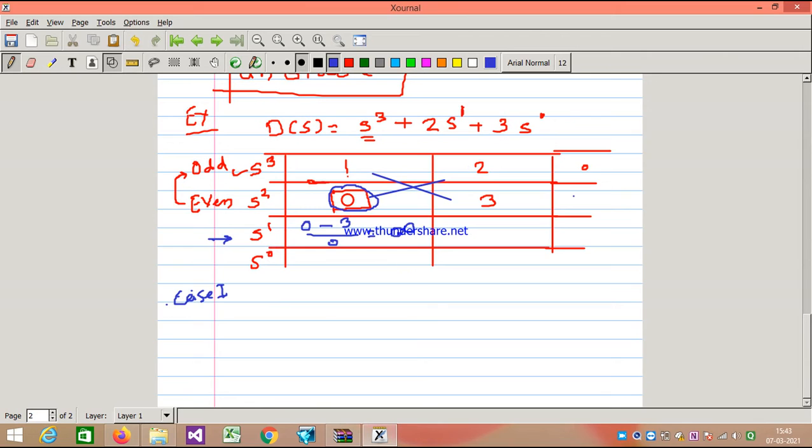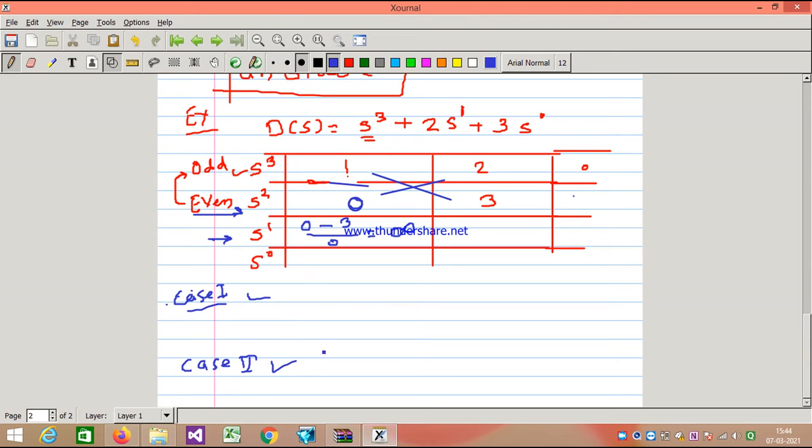See here, once we get 0 here, that means case 1 occurred, right? Just observe this row completely. Only the first column is 0 here, the remaining is 3, right? So actually there are two cases, case 1 and case 2. What is case 1 and what is case 2? Case 1 means in the complete row only one 0 appears.